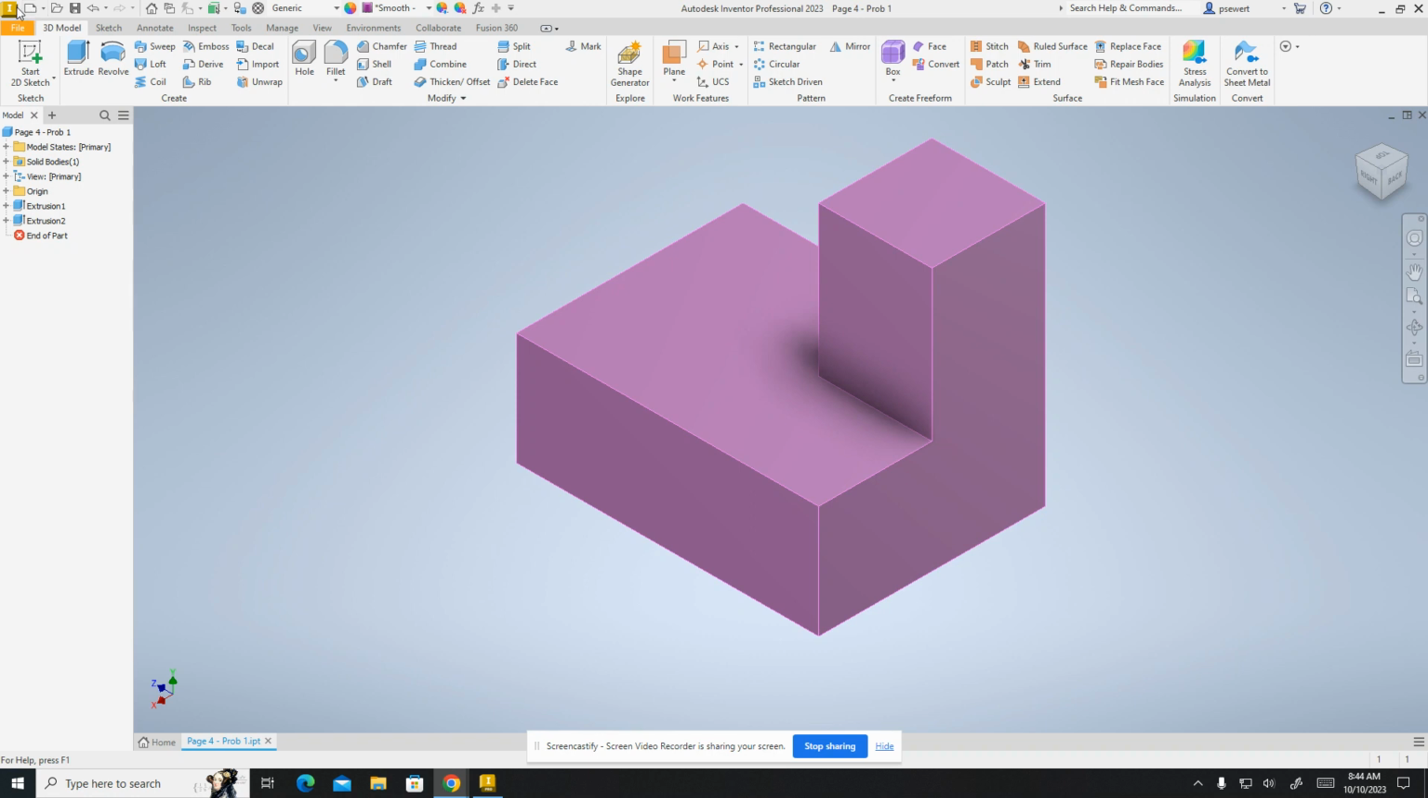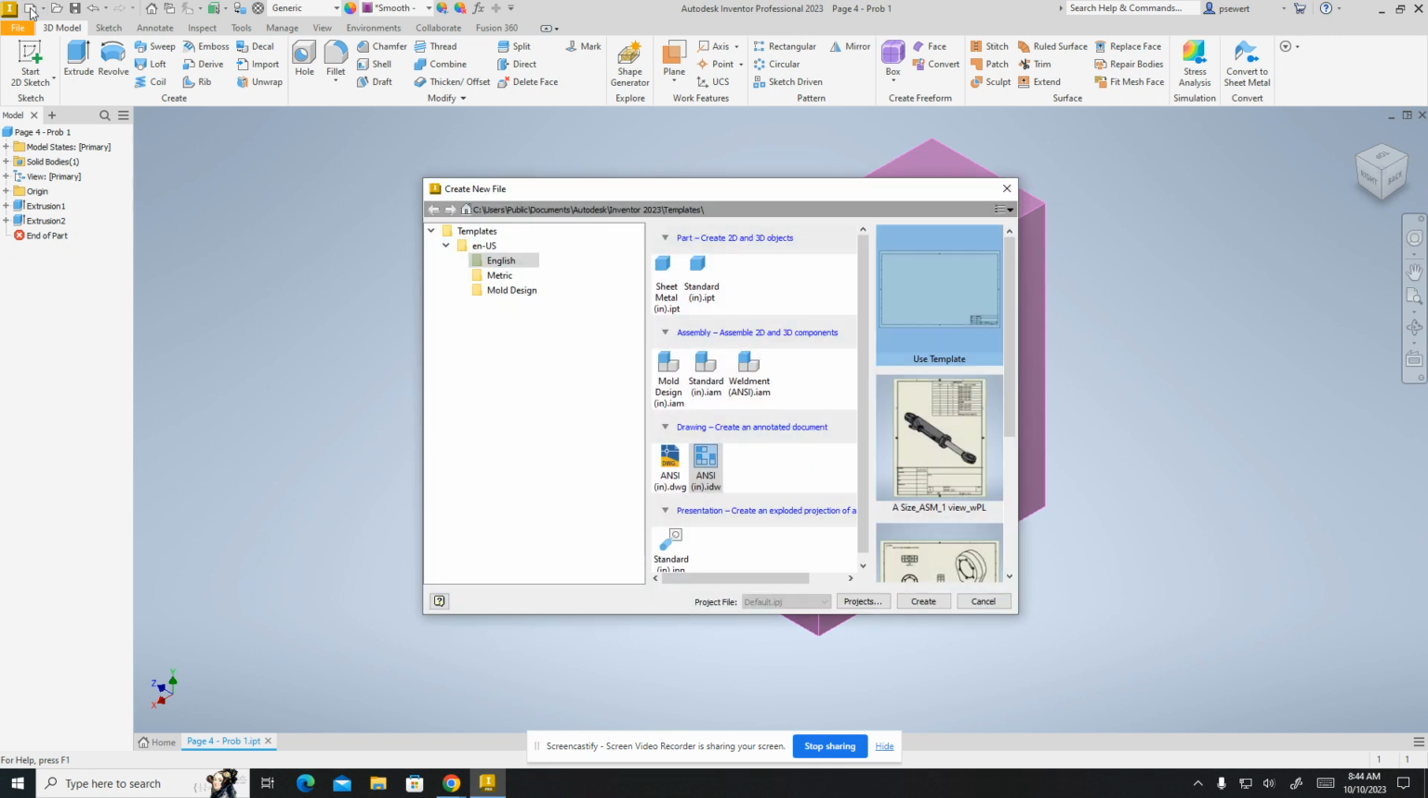So I'm going to go up to where I have the little piece of paper that looks like it's laying on its side right next to the letter I in the quick menu. I'm going to go to ANSI inch.idw, and on the left I'm going to see this menu. It looks like this. And one of the things it does is it has a little caret next to the word EN-US. I'm going to click that little plus sign, and then there's a folder here called English. I'm going to double click that,